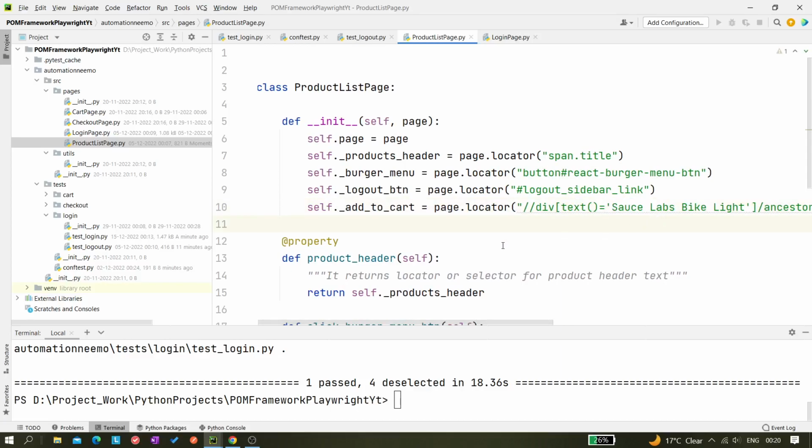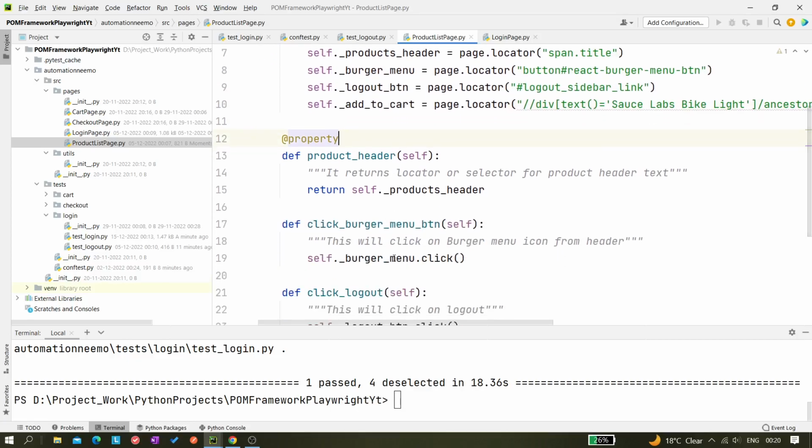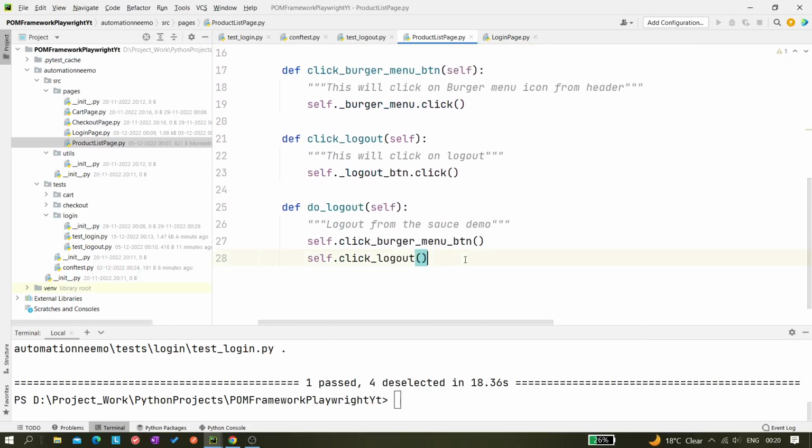Now you need to create one method which should return us this locator based on whatever text. If you change this text, then that locator should change. These three locators are static, because they do not change based on anything. But this add to cart locator is dynamic. To make it work, we can create another method here, which should be named get add to cart locator,